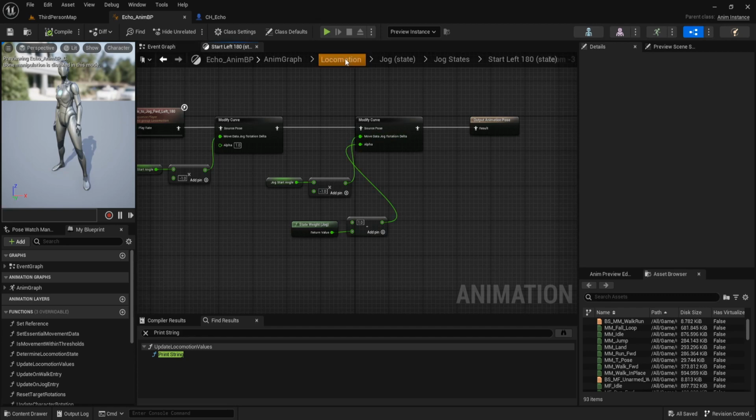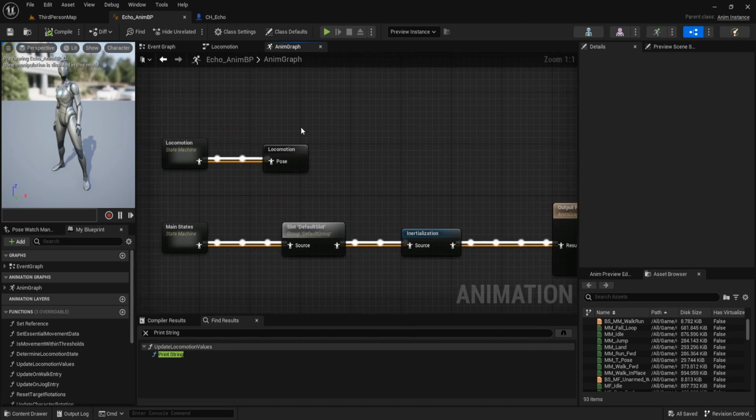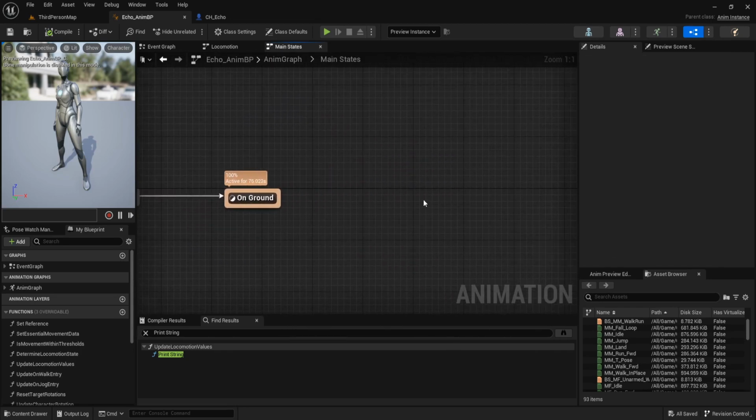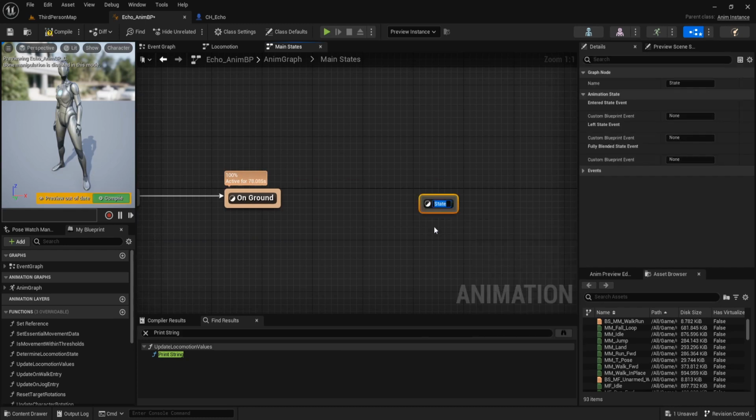Go to locomotion, anim graph, and main states. We add states. Name is in air. And add state. Name is landing.